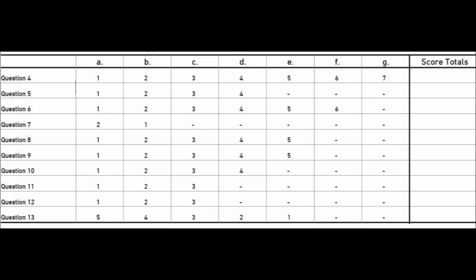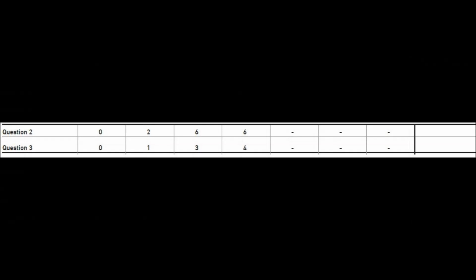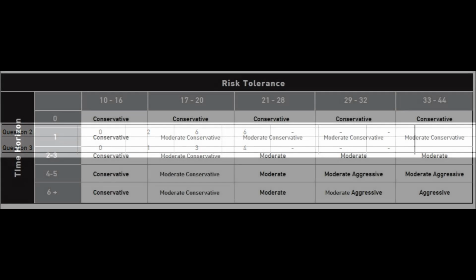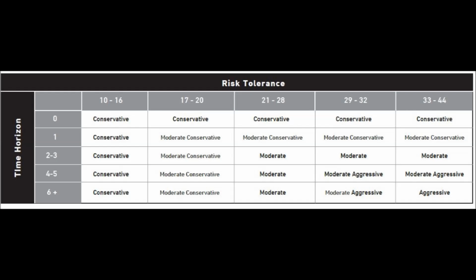The next one, the questions, depending on the answers for questions 2 and 3, relate to the timeline. So you add these two scores together to find where on the results chart you fall. So for instance, for question number 2, if you answered C, then you would put a 6. And if for question 3 you answered C, you'd put number 3. You add those two together, and you would get 9. Then look down to the bottom chart, which gives you the answer of what your risk profile is.